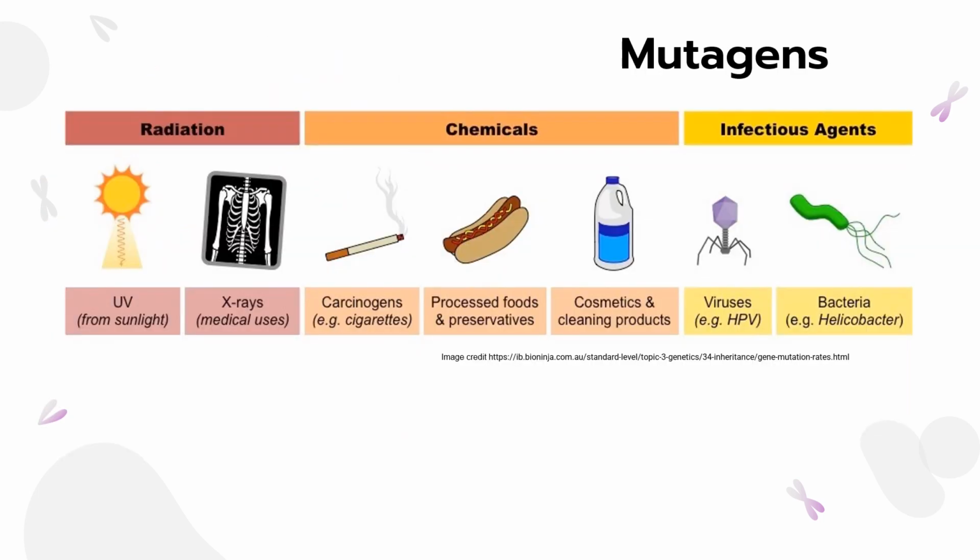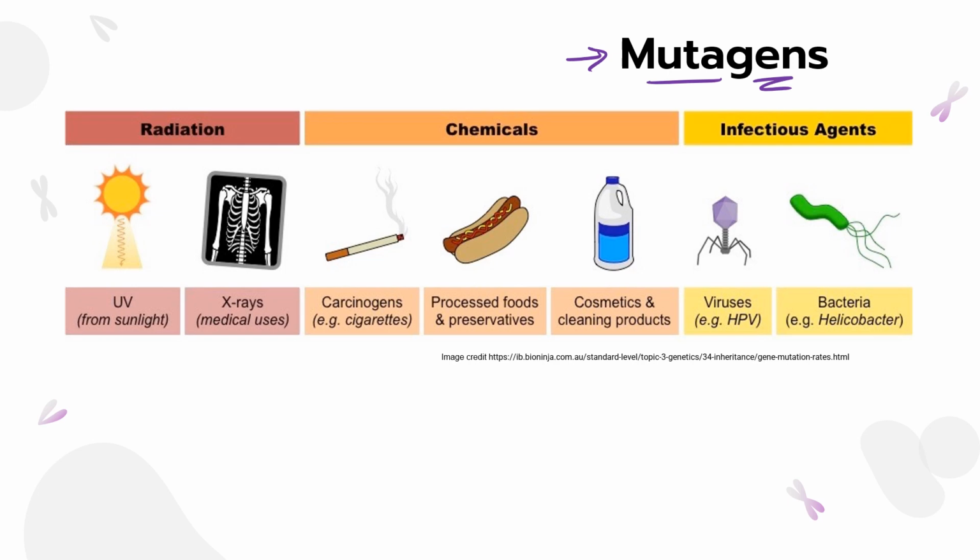So those mutations in our proto-oncogenes that lead them to become oncogenes, or that break our tumor suppressor genes, are caused by things called mutagens that literally generate mutations. Lots of different mutations can occur, with lots of different causes in our cell regulatory genes. Some of them are inherited. Sometimes we are just born with genes that make us more susceptible to cancers, but then there are some environmental